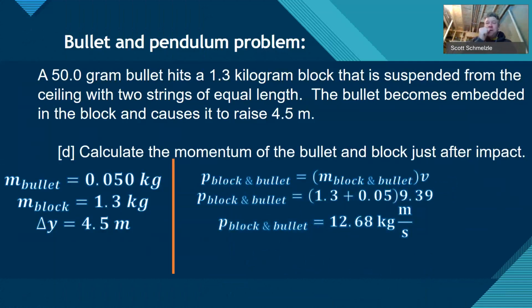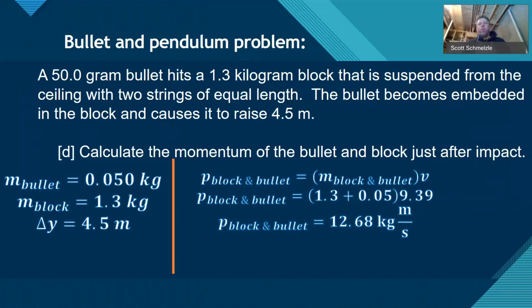If we know how fast it's going, we know how much momentum it's going to have, right? Again, the energy is not going to be the thing that we use to change over to just the bullet to find its velocity, right? We can't do that. We have to be able to say, okay, momentum is going to be 100% conserved, all right? So what we do is we take the block and the bullet together again at 1.35 and we multiply it by 9.39, the velocity we just found in the previous one. Okay? Once we know the momentum of the bullet on the block, which is 12.68 kilogram meter per second,